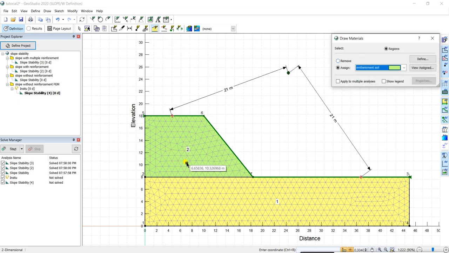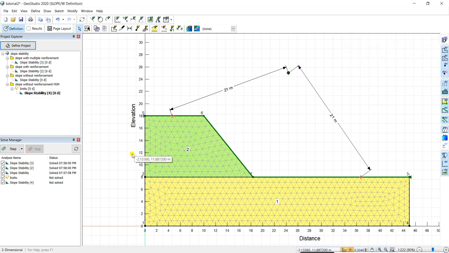Also, sometimes due to some settings the material will not appear here, so you have to go to the material again and reassign it, embankment style and both. Here the material is defined, so in the slope stability we are doing this, there is no need to redefine it. And the boundary condition we don't have to define here. Material you have defined, mesh is predefined from in situ.